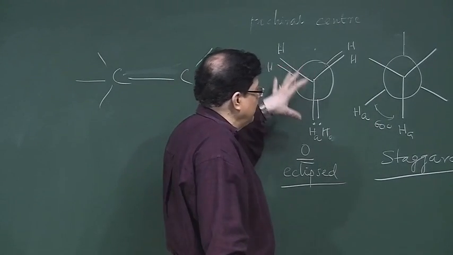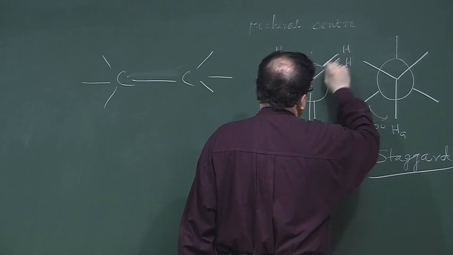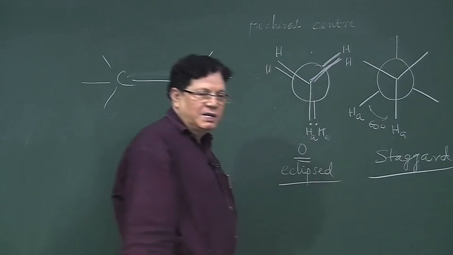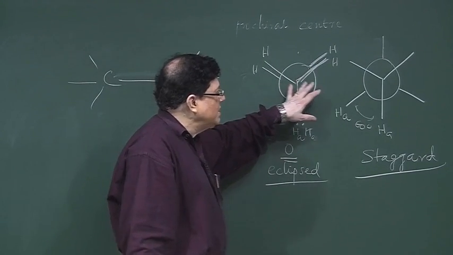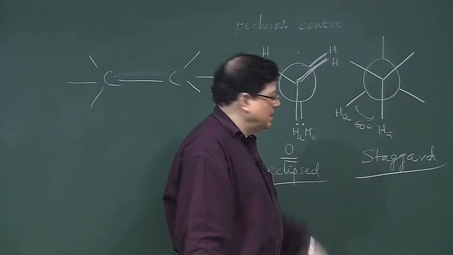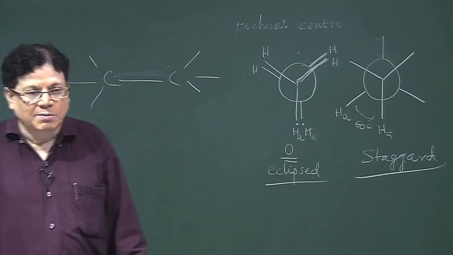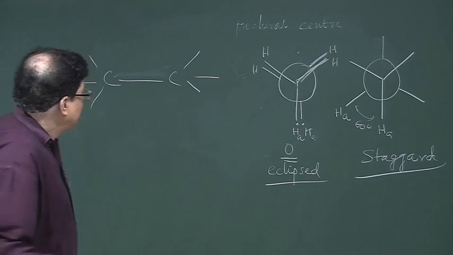If it is ethane, then because of this electronic repulsion between the CH and the CH, which are eclipsing each other, this has more energy than the staggered form. How much more? It has been determined to be about 3.3 kilocalorie per mole. Okay. So, when we draw